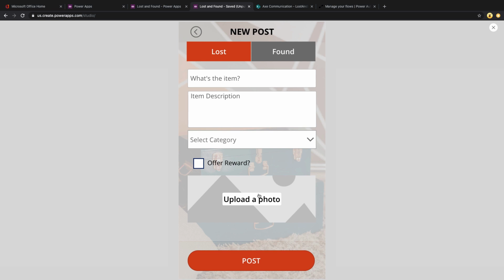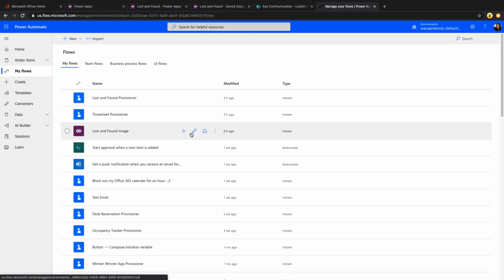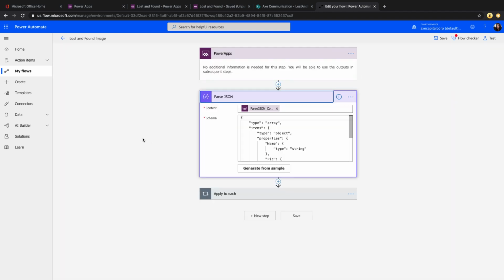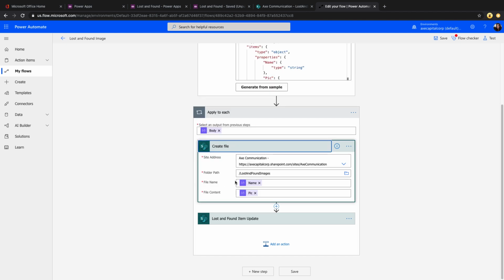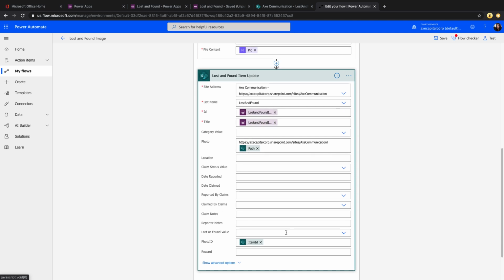adding a new item, we have the ability to upload a photo. So one of the other things you'll get with this template is a flow that's included, which helps you to take images from your Power App and upload those to a SharePoint document library. So you'll get this lost and found image flow along with it, which is kicked off from PowerApps, and it's using the parse JSON function. So we're going to pass it in from PowerApps to JSON object, and we will loop through that and go create a file in a SharePoint document library, and we're going to update the lost and found item with a